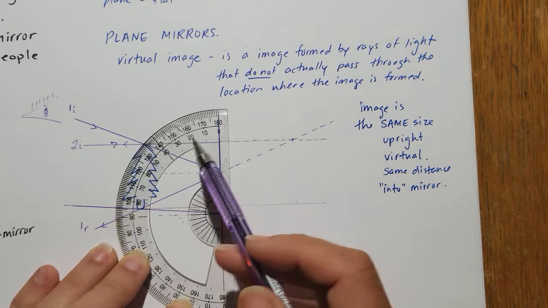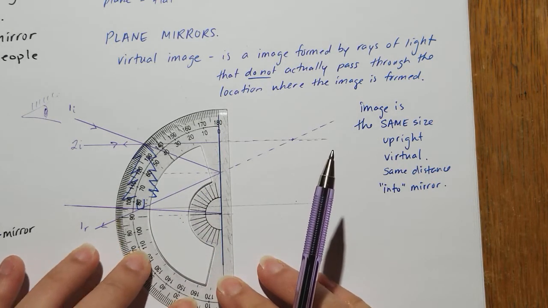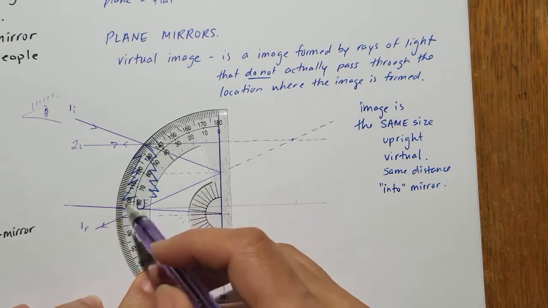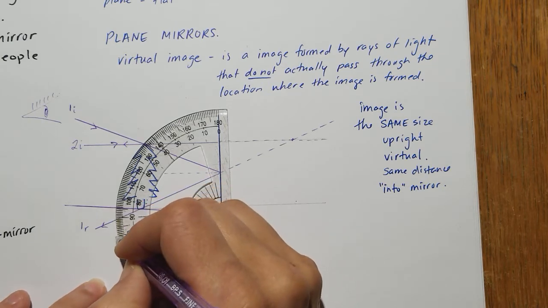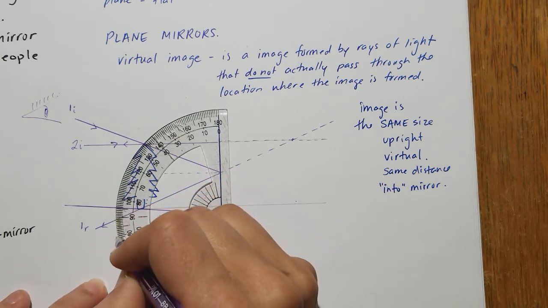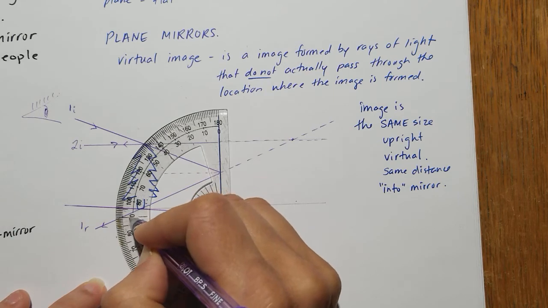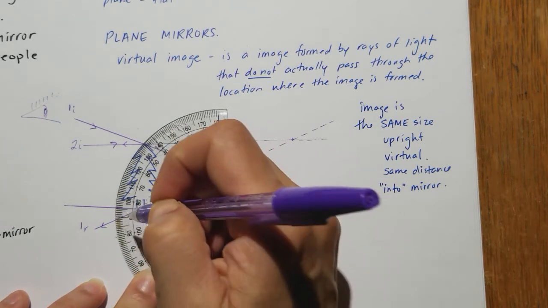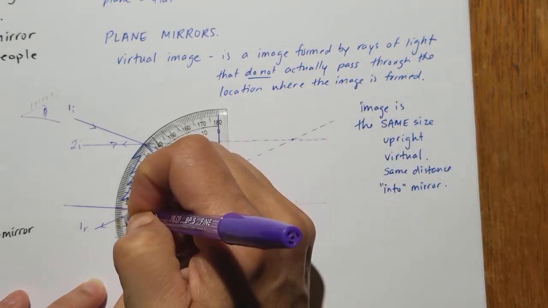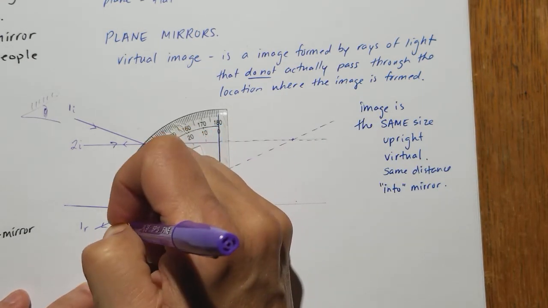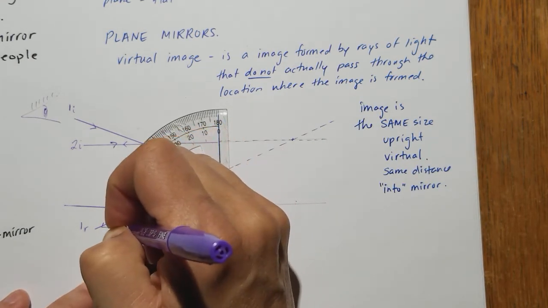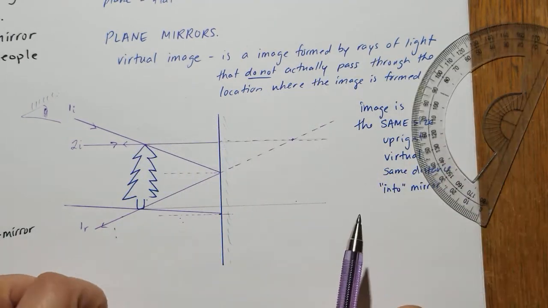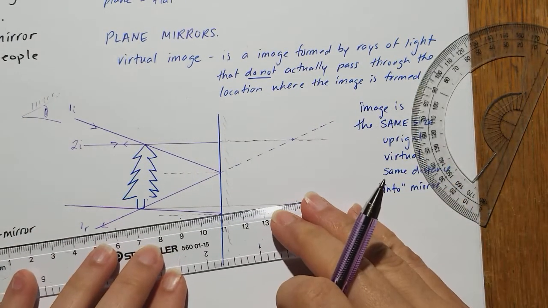So this is about 10.5 degrees. So this is where I'm measuring from. I'm measuring from 90. Oh, sorry, not 10. It's 5. I was going to say that didn't look right. So I'm going to go from the 90, I'm going to go 5.5. Okay. And I'm going to draw in